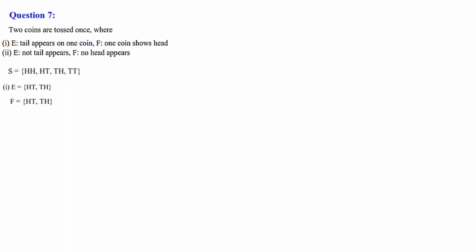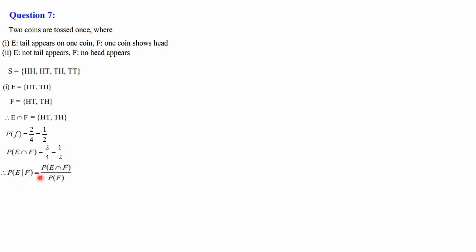So we have to find E intersection F because we are asked to calculate P of E given F. The P of E given F formula we know: P of E intersection F divided by P of F. So E intersection F we have to calculate. 2 elements are common, so HT, TH will be coming. Go for writing the probability. P of F is equal to, there are 2 elements in the set and 4 elements in the sample space. So 2 divided by 4, that is 1 by 2. Then E intersection F also has 2 elements, HT and TH. In the sample space there are 4 elements. So 2 by 4 is equal to 1 by 2.